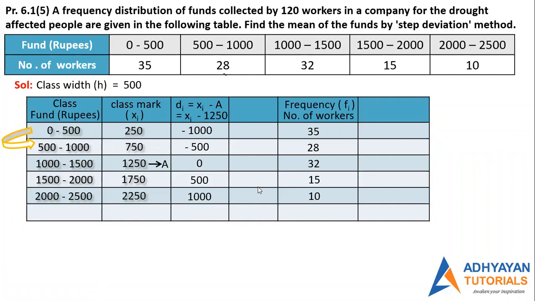Okay. Now, students, we are going to learn a new thing: how to write ui. The formula for ui, make a note of it in your table: ui is equal to di upon G. Everybody, right? Ui is equal to di upon G. Have you written it? Is this written? Yes.